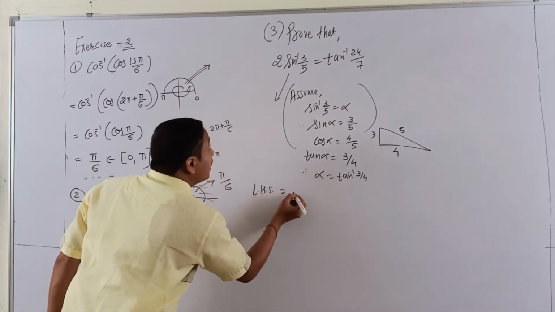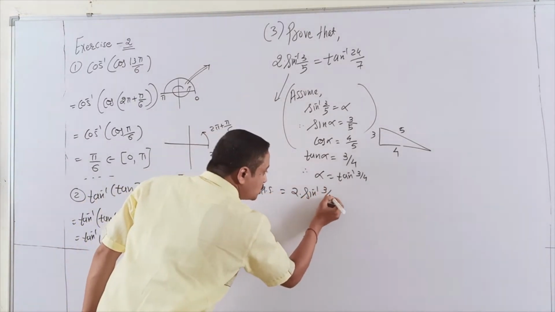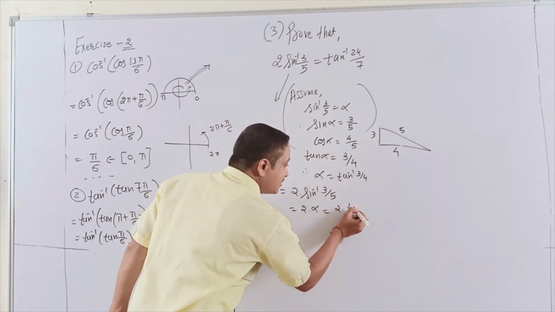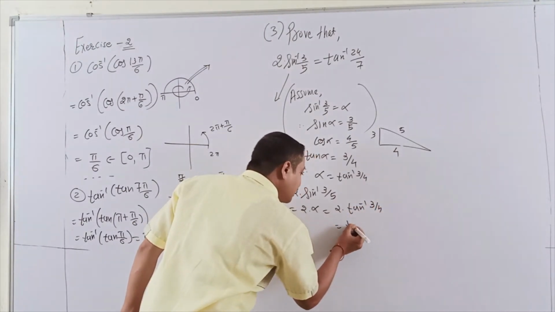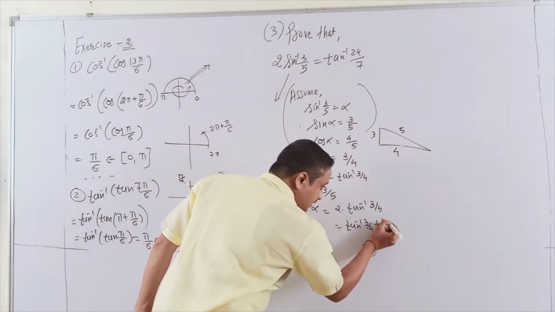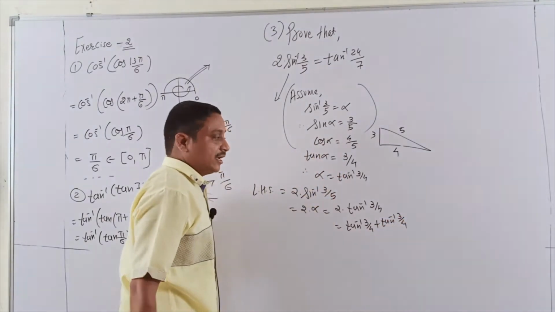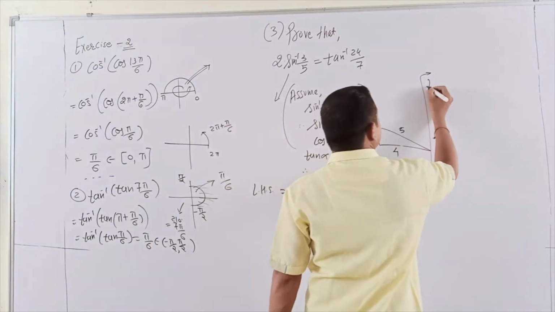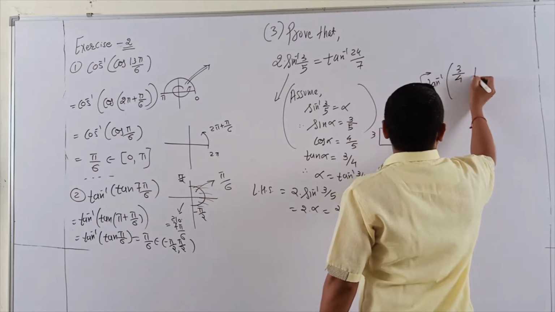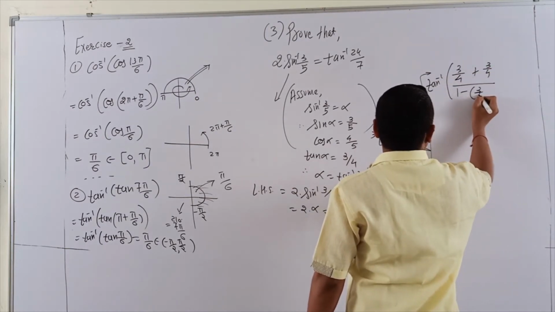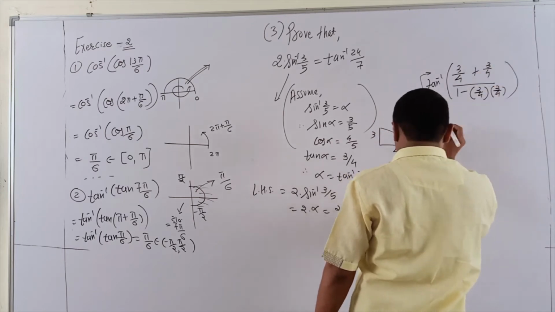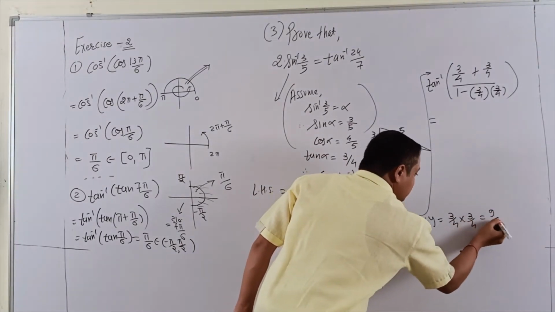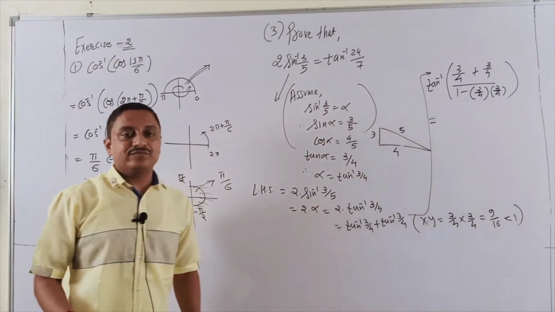Now I actually start my sum. LHS: 2 sine inverse 3 by 5. Alpha substitution. What is alpha? Tan inverse 3 by 4, and that I know. Tan inverse 3 by 4 plus tan inverse 3 by 4. It is a property, and utilizing the property, we solve easily. Tan inverse of 3 by 4 plus 3 by 4 upon 1 minus 3 by 4 into 3 by 4. Students, here you check whether your x into y value is less than 1 or more than 1. Yes, it is less than 1.